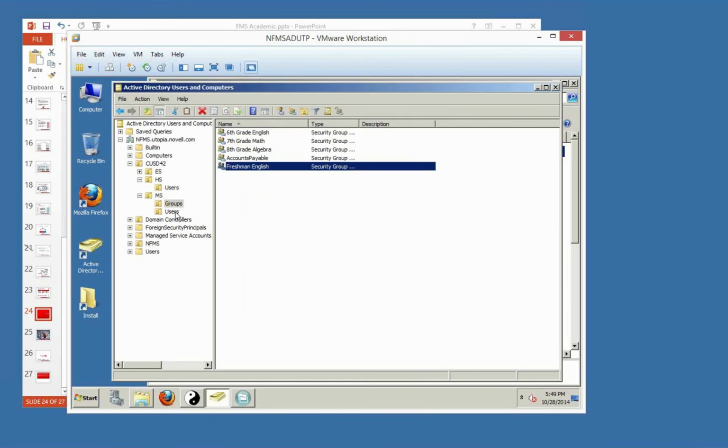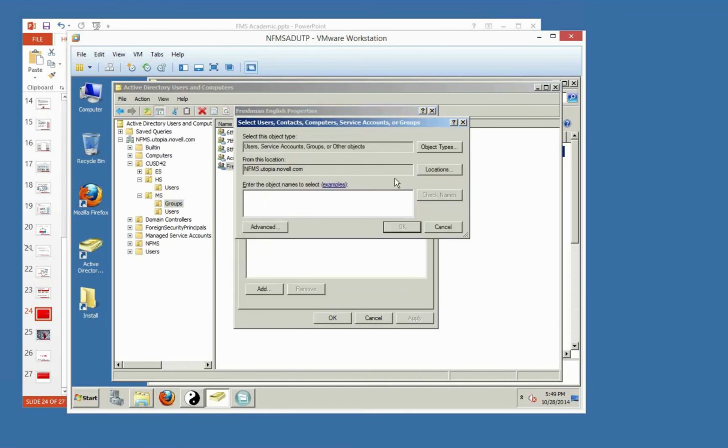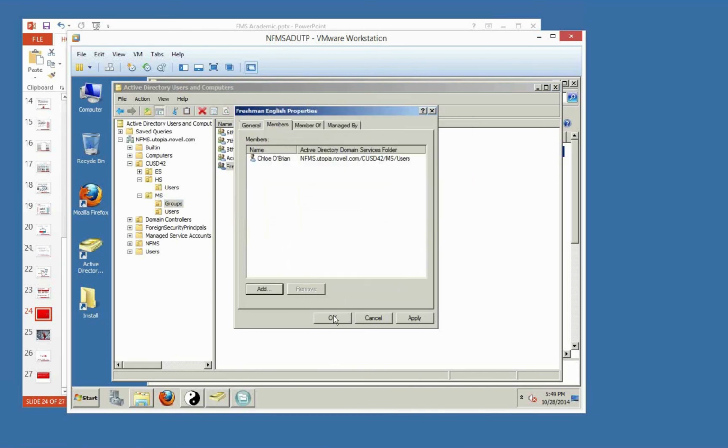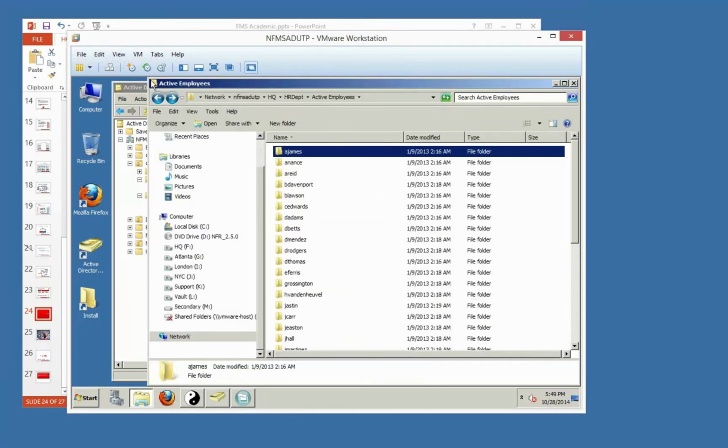And who else do I have in the middle school? Chloe. So we're going to say Chloe is one of the students, and so Chloe's just going to be a member of the group. So all students would be a member. The teacher would be the manager or owner of the group, depending upon if this is Active Directory or eDirectory. All right, add Chloe in there. So now, if I come out here,